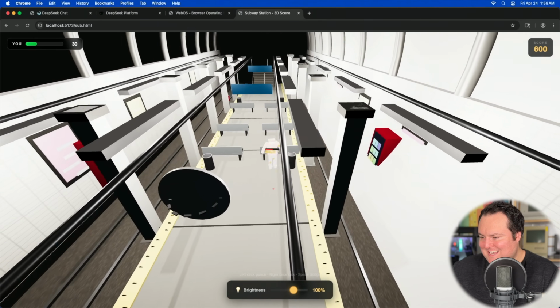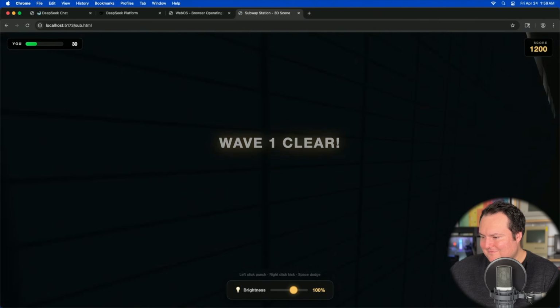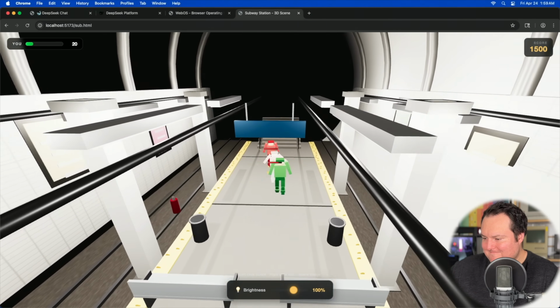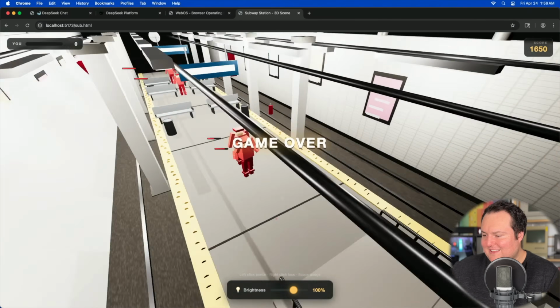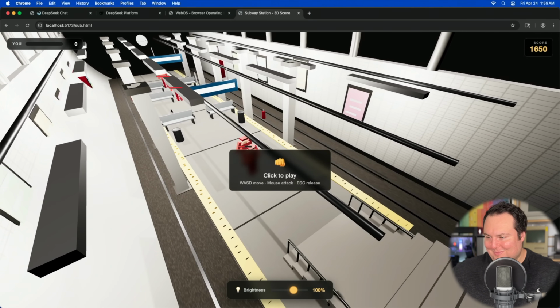It's an interesting take. 3x combo. All right. Here we have wave 2. And it does have some particle effects, and the combo thing is kind of like an arcade effect as well. I will say that was a pretty quick job that it did fixing this, so hopefully that configuration fix for